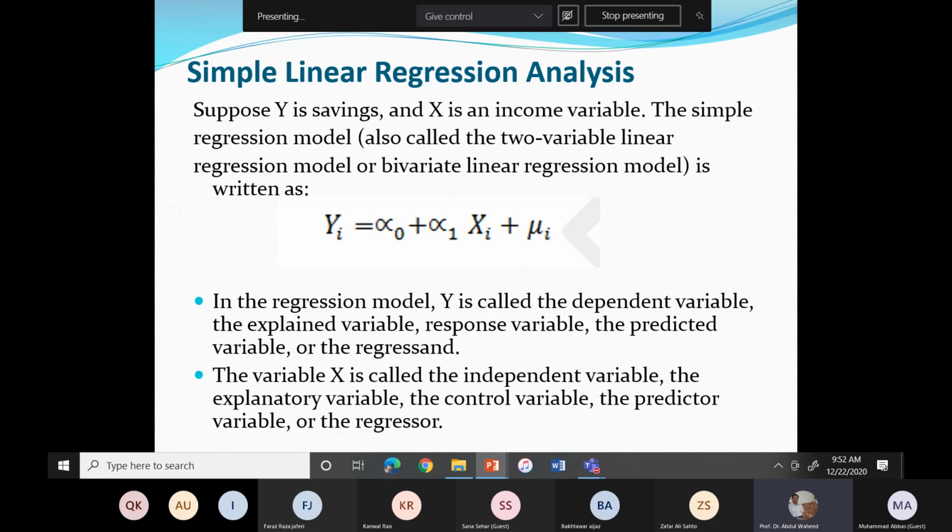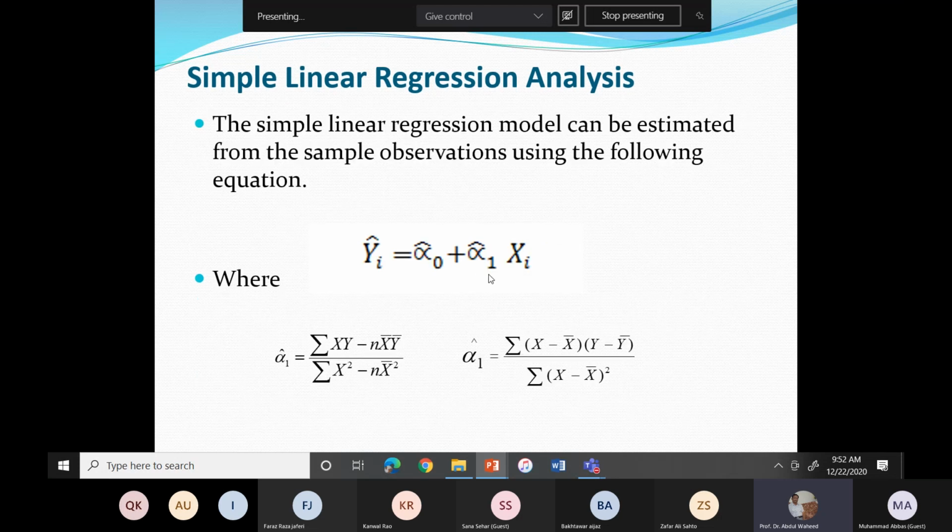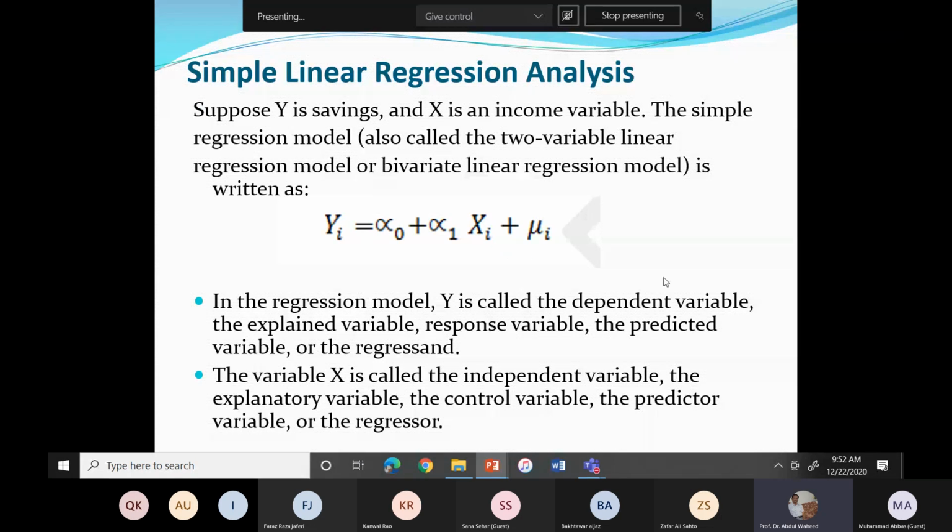So this is the advantage of using a regression model. We are taking care of other variables also. Now this is the population regression model. If we get the data for the entire population on y and x, then we